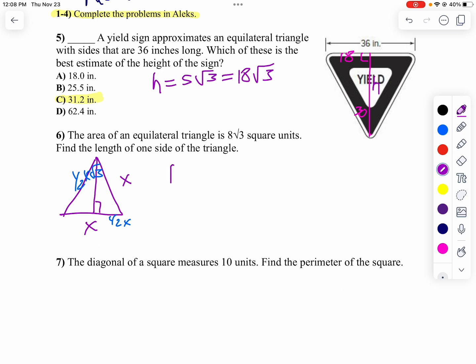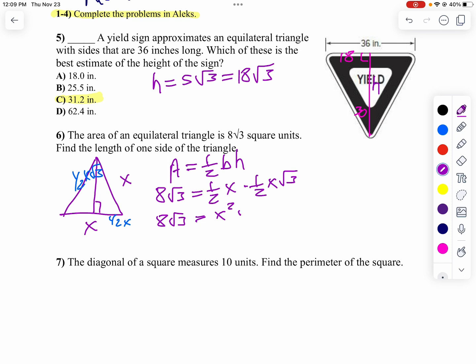So the area of my triangle is 1/2 times base times height, or the area is 8 square roots of 3 times 1/2 x times 1/2 x square root of 3. Well, we can simplify that a little bit. So we'll get x squared times the square root of 3 all over 4. Notice I can divide both sides by the square root of 3. I don't have to worry about that anymore, do I? And then, so what I get is